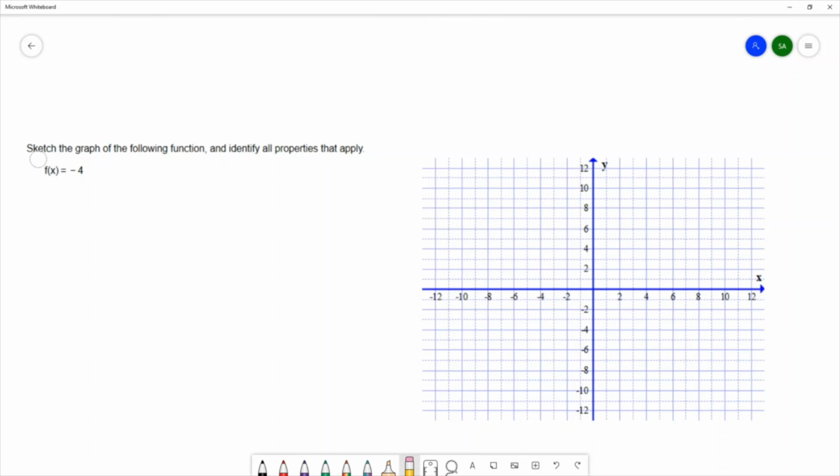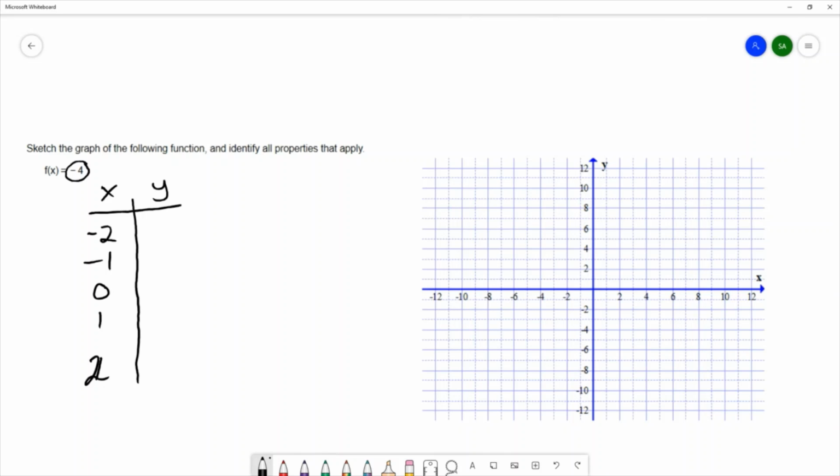In this problem, we want to sketch the graph of the following function and identify all the properties that apply. So let's start by sketching the graph. In this function, we have f of x equals negative 4. And if I were to build a chart for this and choose my standard set of x's like negative 2, negative 1, 0, 1, and 2, I can see that this equation doesn't have an x variable in it, and